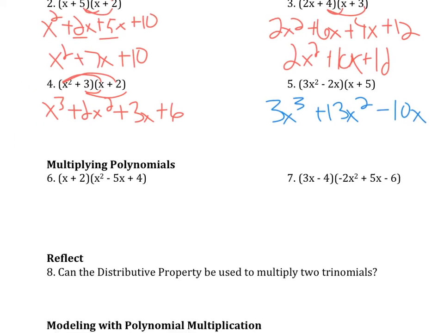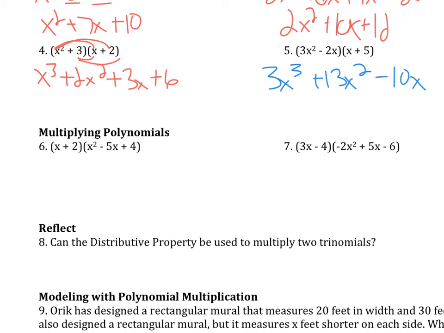All right, multiplying polynomials now. So I have a binomial times a trinomial, but distribution still works. That's the beauty of that, not learning some other type of trick, is we can now just distribute. So x times x squared is x cubed. X times negative 5x is a negative 5x squared. And then x times 4 is 4x. So we just have one more term we're distributing to, but the process is still the same. Once the x has been distributed to all three, we now take our 2 and distribute. So we get 2x squared minus 10x